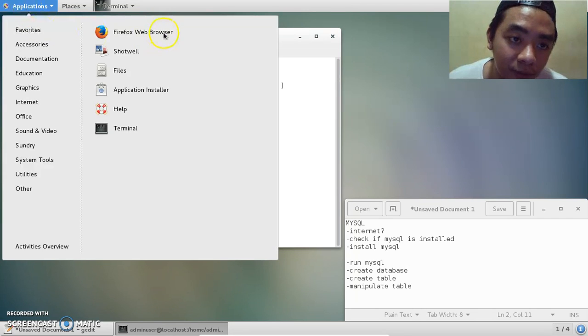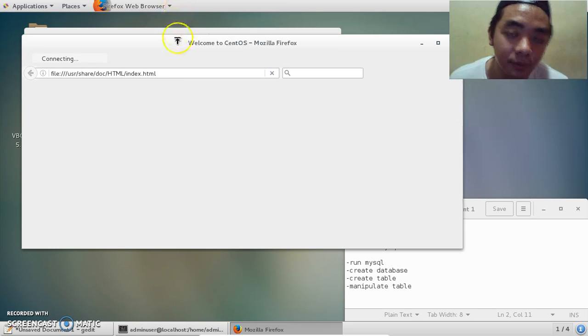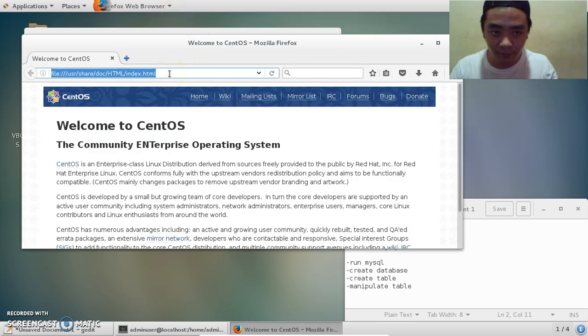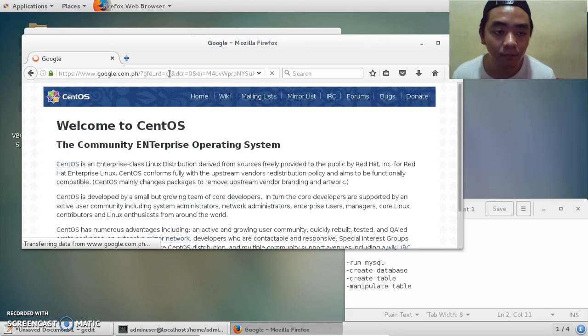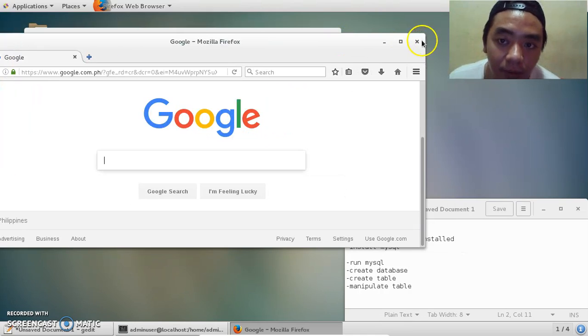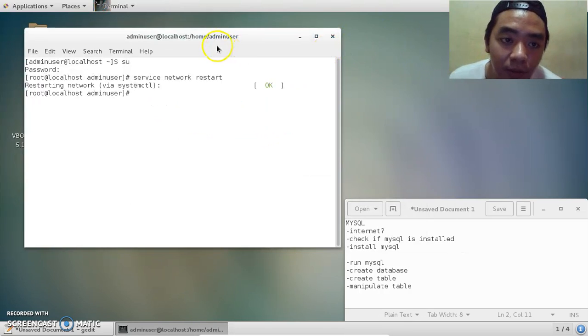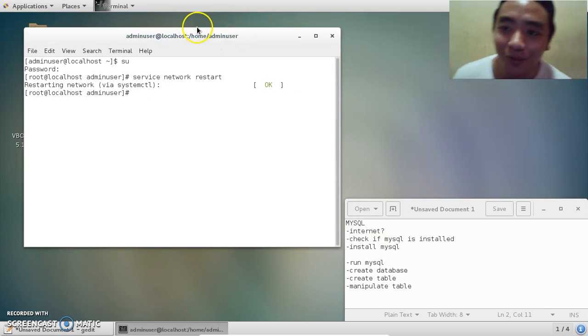So to verify, Firefox web browser. Loading. Okay. Going to type google.com. As you can see, it's already connected. Closing the window. So the next step, of course, after connecting to the internet, is to check if MySQL is